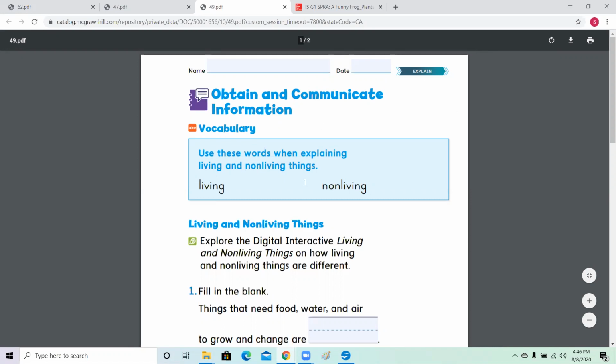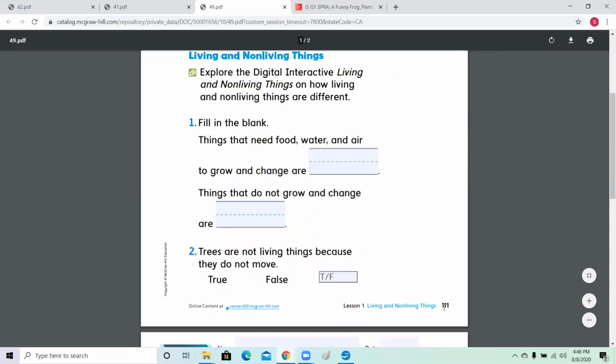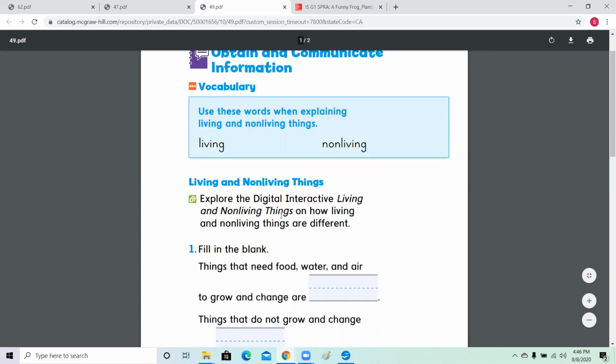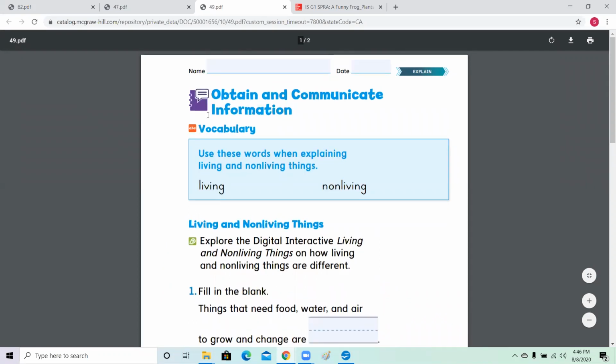We're gonna be starting page 111. Obtain and communicate information. Remember the vocabulary we covered in the beginning of the chapter? When we had 12 new words and I said, don't worry, because each lesson we're gonna learn a few words. So today we'll be learning about living and non-living, the definitions, the meaning of the words, what living means and what non-living means. We talked about that in a previous lesson and we said that living things